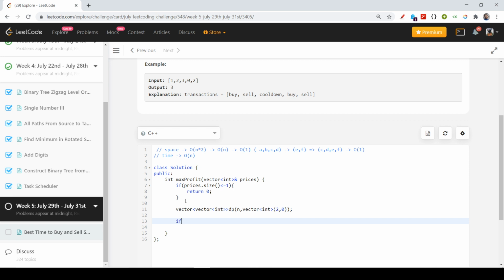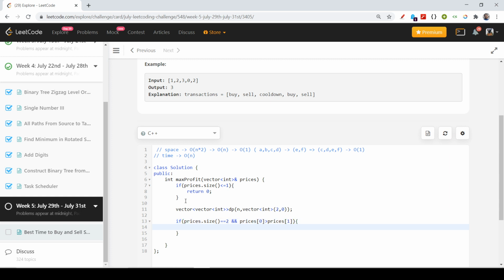Now the first thing that strikes my mind is, what if prices dot size is 2, and prices of 0 is more than prices of 1?